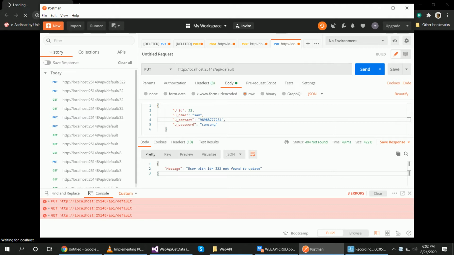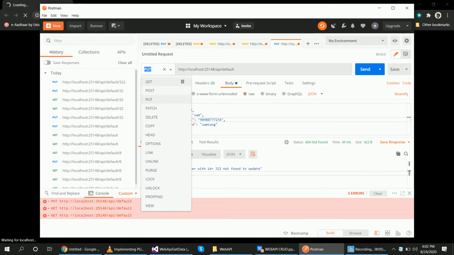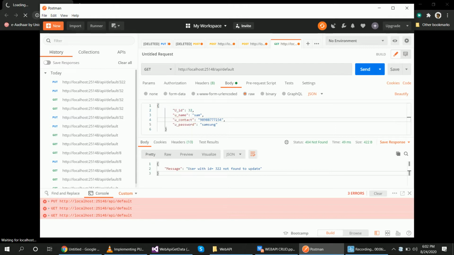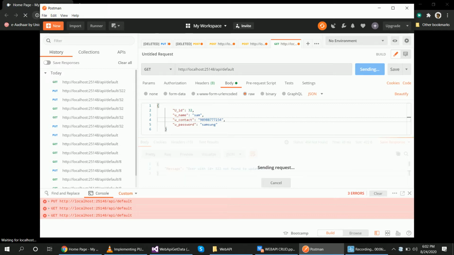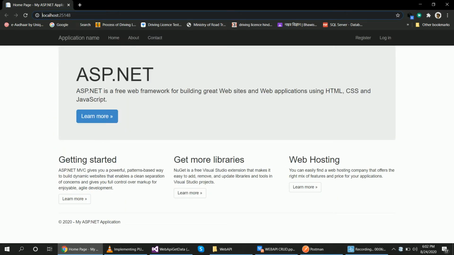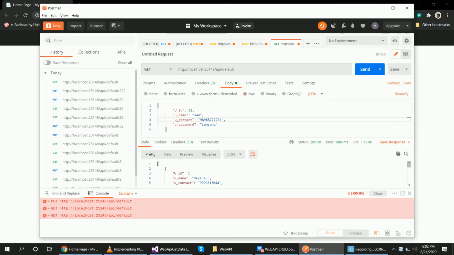So default. First, we will check whether all the data is displayed or not. You can see here my application is now running. So the get method also displays all the table data.